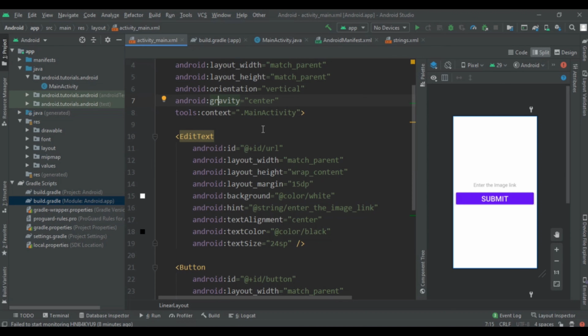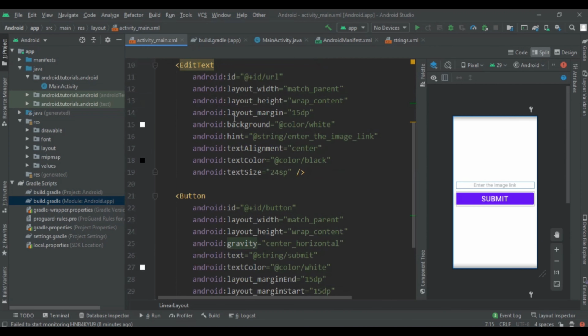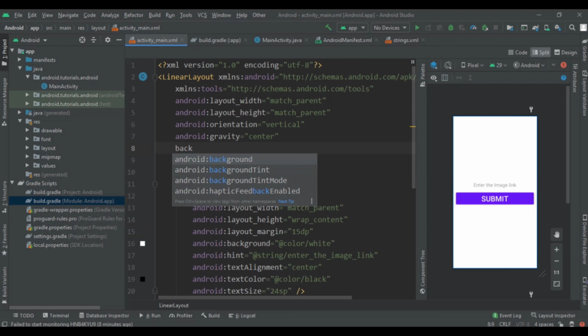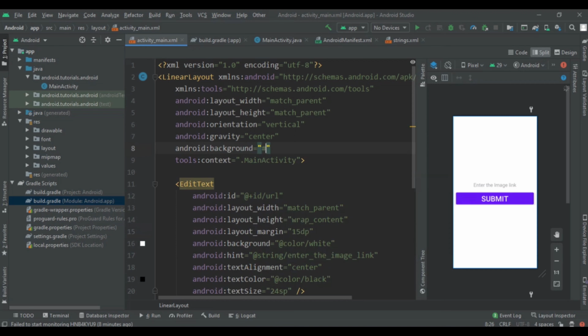So here you can see that I had written edit text with id URL and given its height to wrap content and width to match parent, and to make it some distance, I had added a margin around it, that is 15 dp, and given its background to white. But to make that visible, I am going to add one color so that we can get a clear idea of how much our background is. So here I am using custom color. So you can see that this much is our edit text.